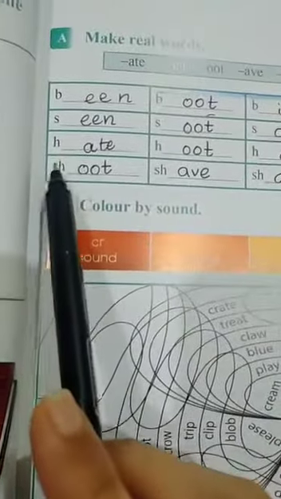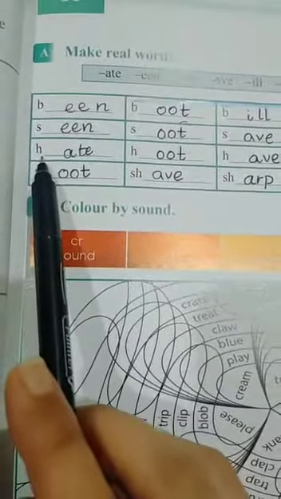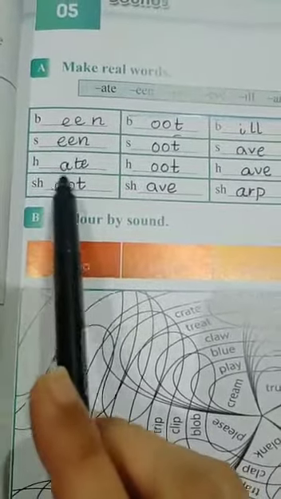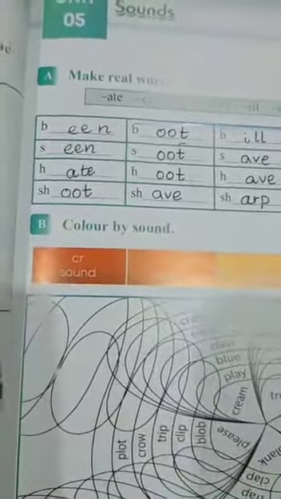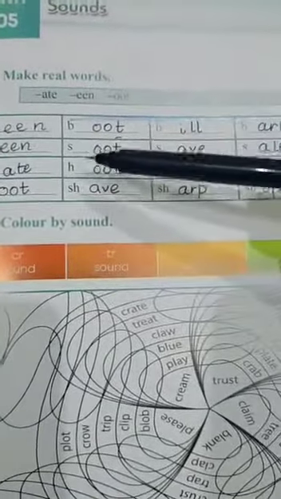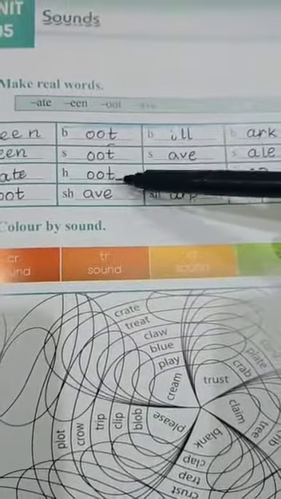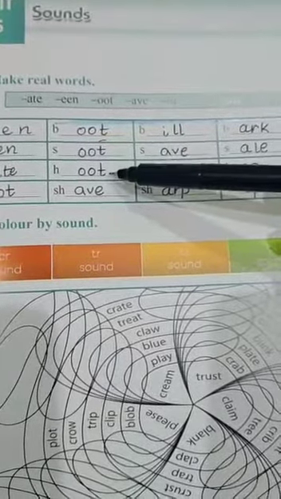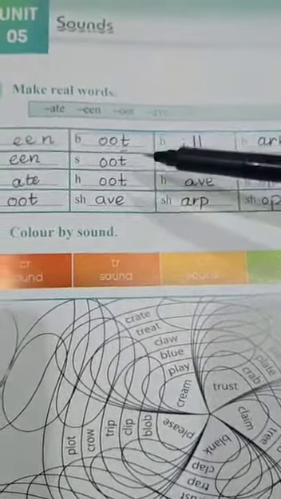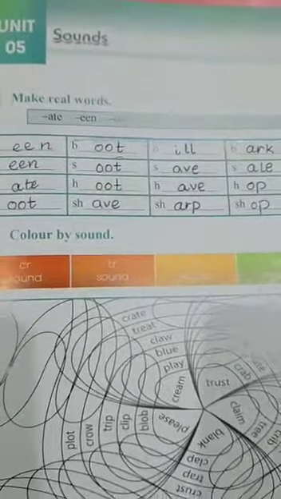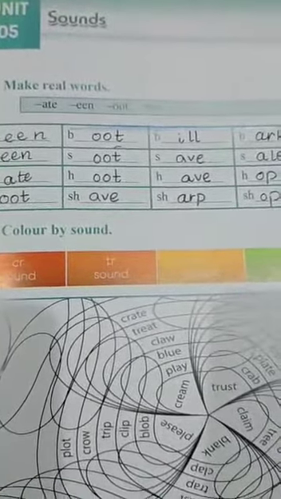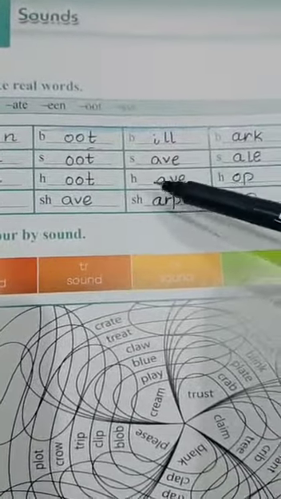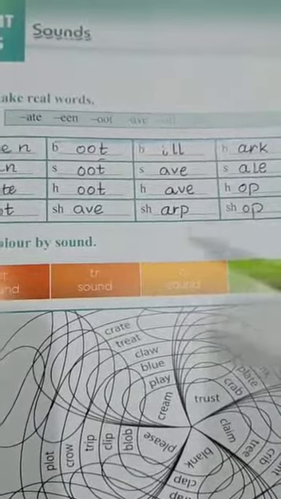Okay. अब H के साथ we have to make words. So how will you make words? H-A-T-E, hate. Hate means नफरत करना किसी के साथ. Okay. H-O-O-T, hoot. You must have heard this word so many times before, hooting. When you make fun of someone, when you shout at someone, that is called hoot. Have, I have a pen, you have a pen.